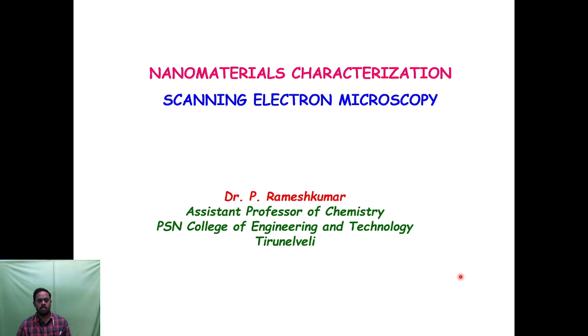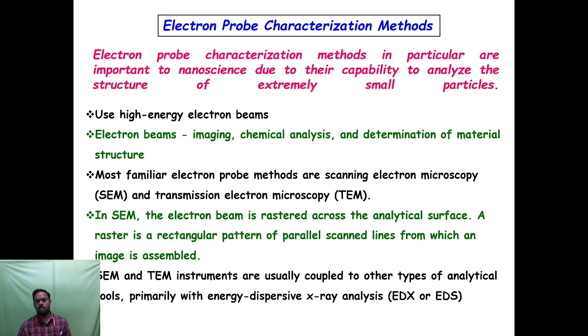Today I will be discussing nanomaterial characterization, particularly scanning electron microscopy. Scanning electron microscopy is one of the electron probe methods. Some other methods are also used for the characterization of nanomaterials, but in this lecture I want to discuss only scanning electron microscopy, which is the electron probe method. Electron probe method means the primary probe will be electron. Electron will be used for the characterization of